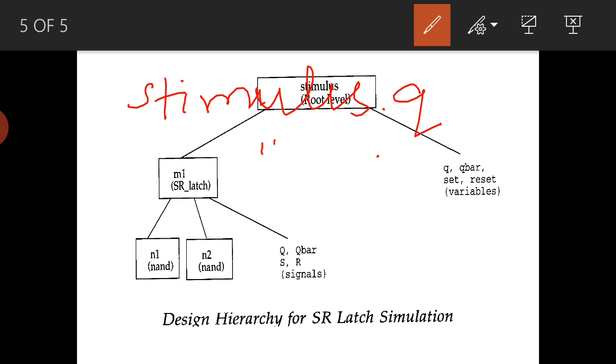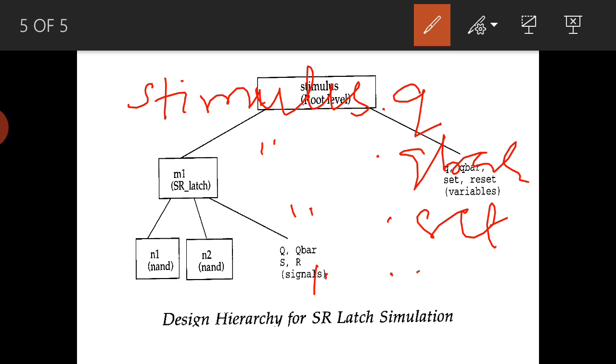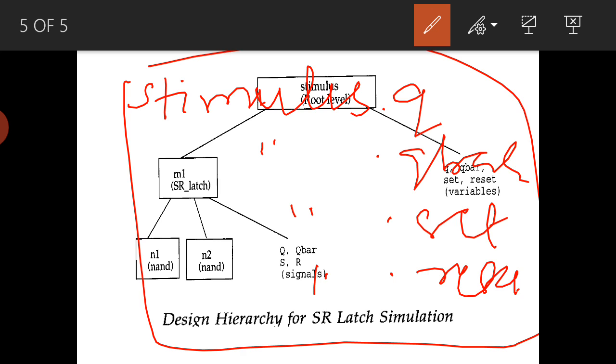Similarly stimulus dot q bar, stimulus dot set and stimulus dot reset. So in the stimulus we have these variables: dot q bar, dot set and dot reset. This is a hierarchy, meaning it will start from the top.